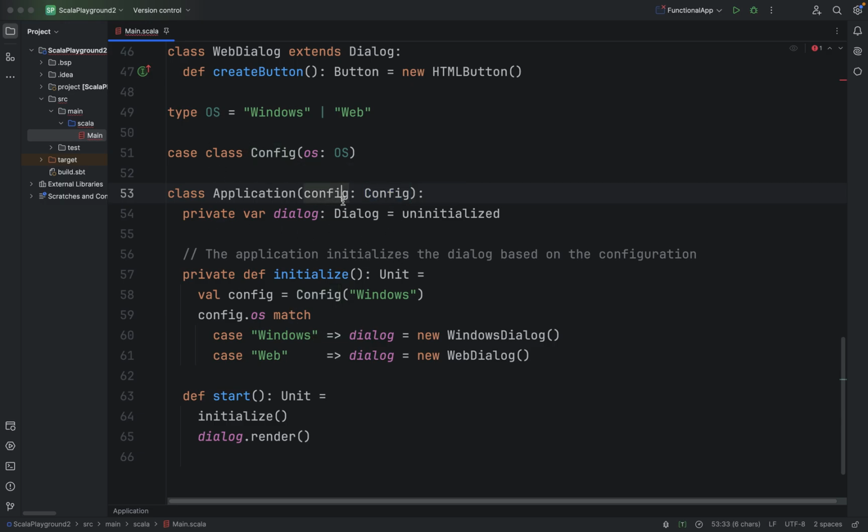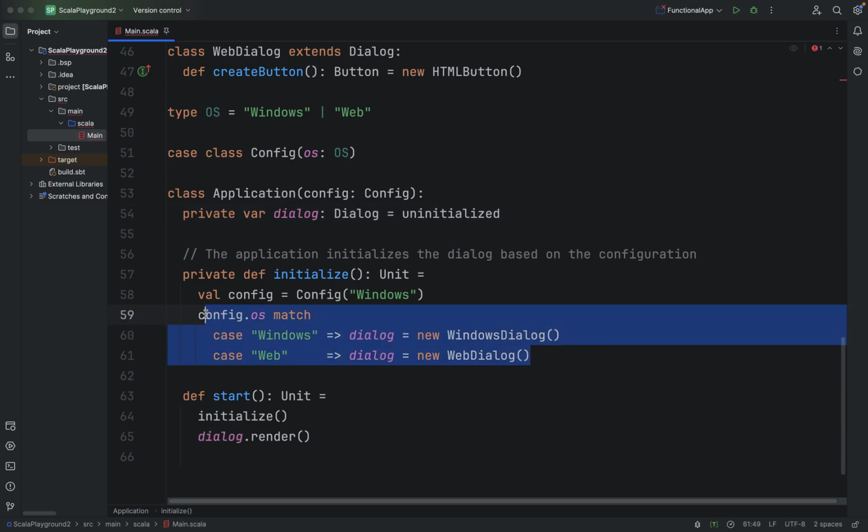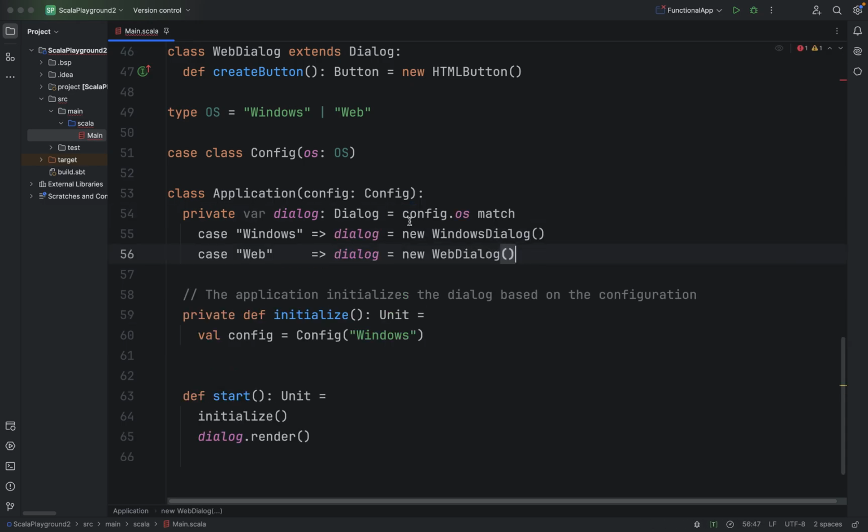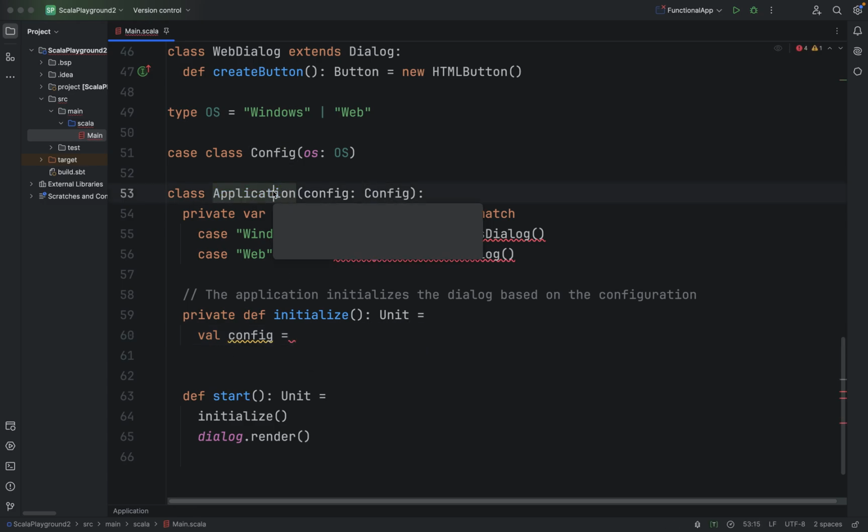In this case, when we have config, from the dialog we can do it like that. We can do it not uninitialized, but instead just pass it in here. When we create this application object,